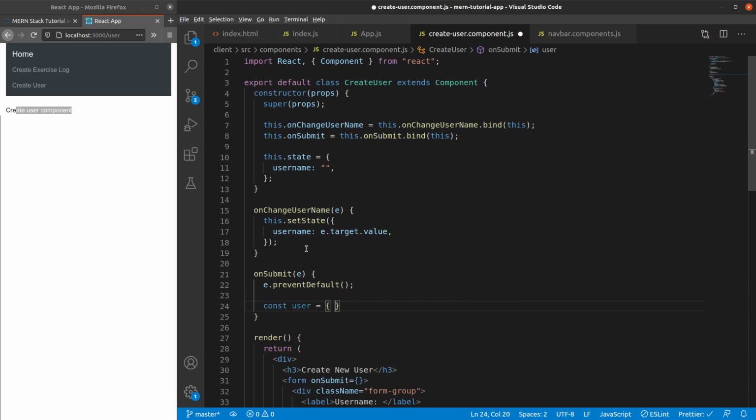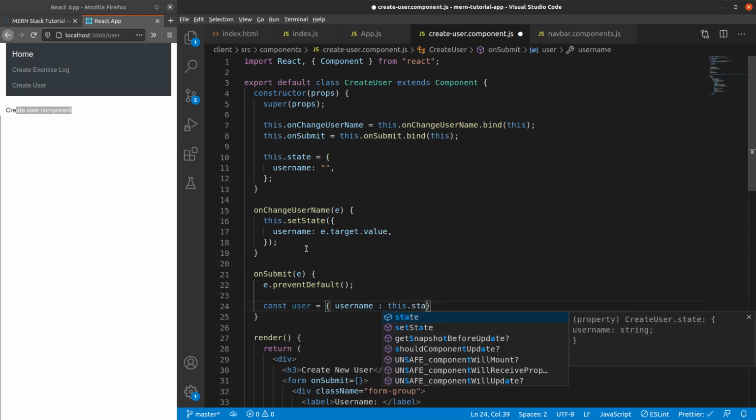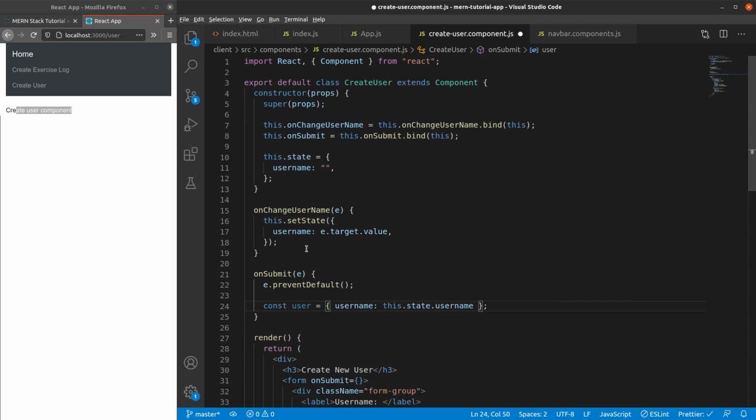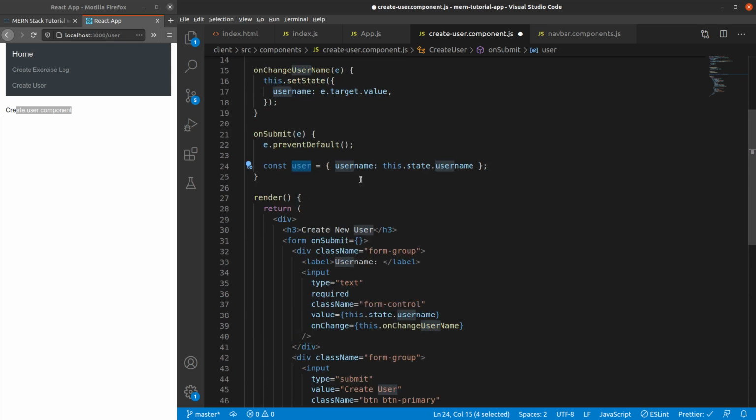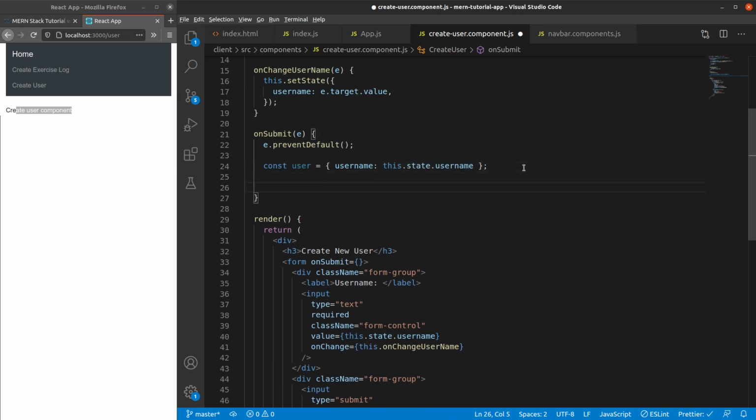First thing is obviously getting the username from the state object, this.state.username. So we created an object which has a property username, and its value is going to be from the state object. Now you have to post it to the backend URL.